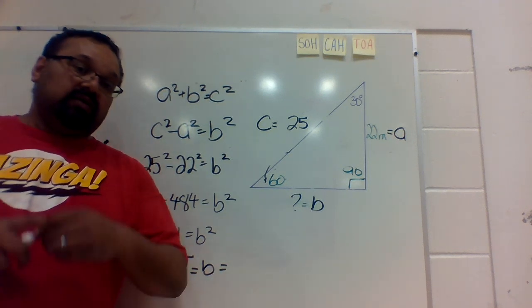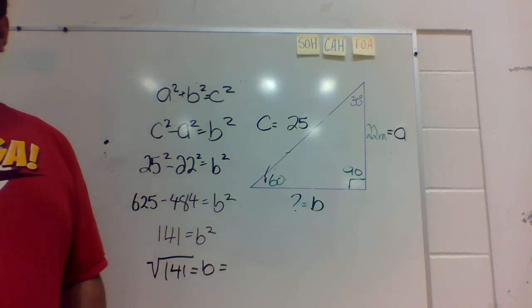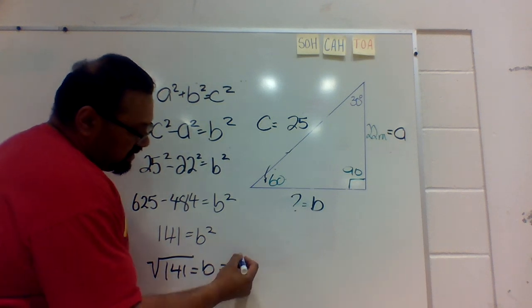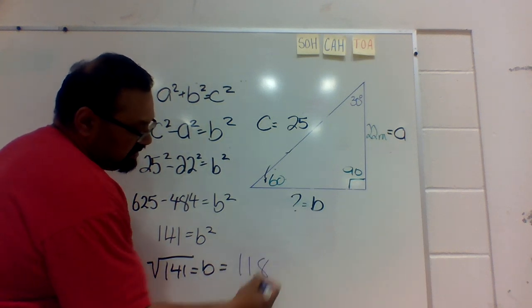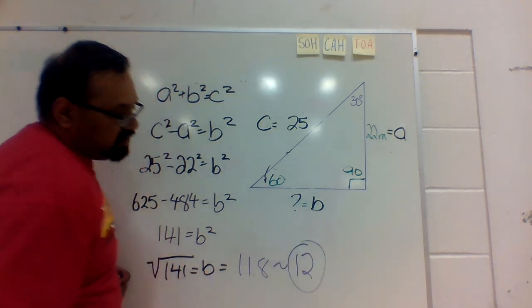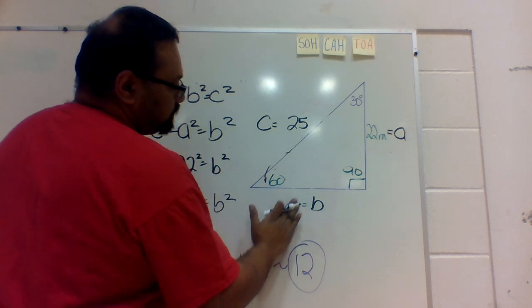Now when I punch that into the calculator, and another video will actually show me going through the actual math of it, the answer that you're going to come out with when you punch this into the calculator is going to be 11.8. For our purposes, we're going to round that to 12. Okay? So by removing the question mark now,